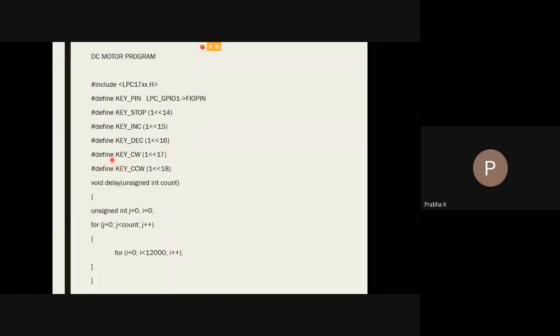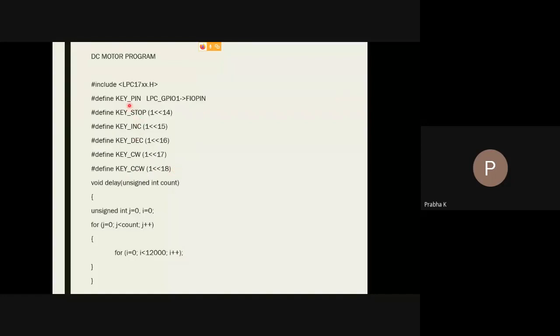Similarly, another key I will be defining here as key_CW, which is designated to port 1, 17th pin, to which the 4th key is connected. Similarly, another key is defined here, key_CCW, which is port 1.18.